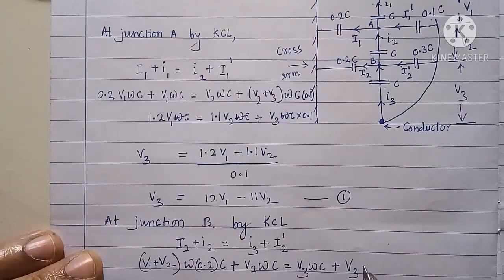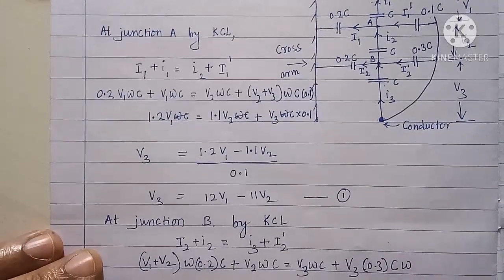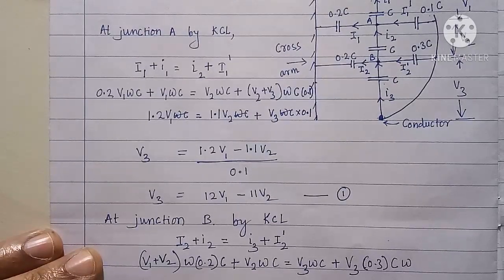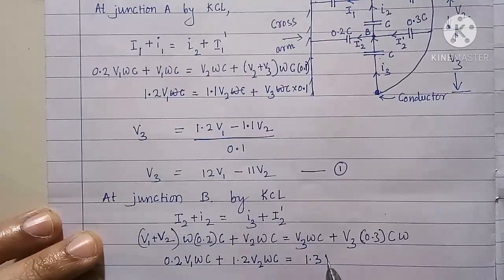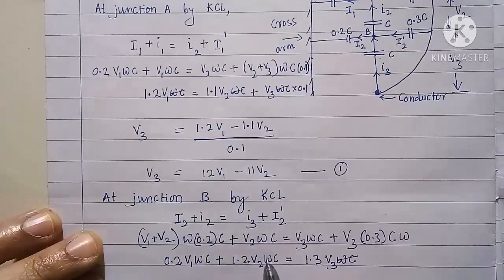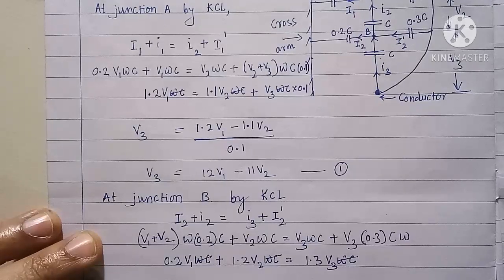So V3 into 0.3 C into omega. Once again we will simplify this equation. 0.2 V1 omega C plus 1.2 V2 omega C equal to 1.3 V3 omega C. Cancelling omega C on LHS and RHS,